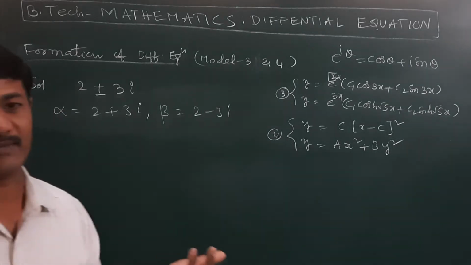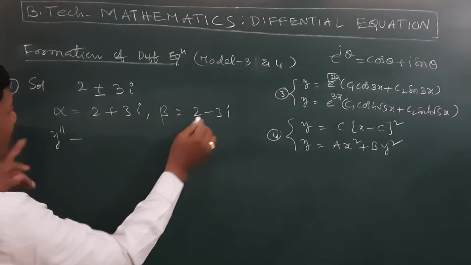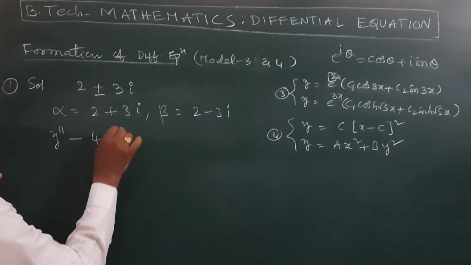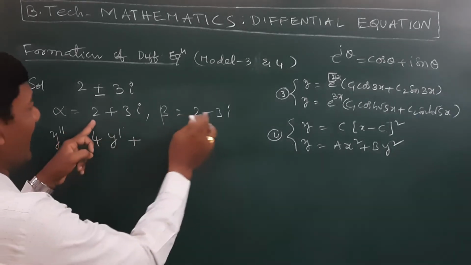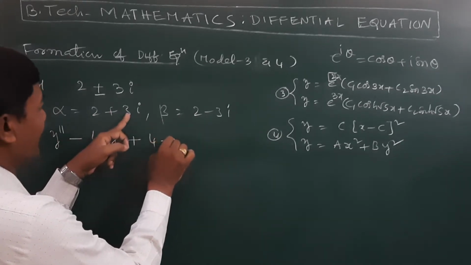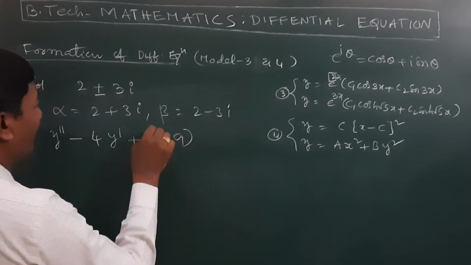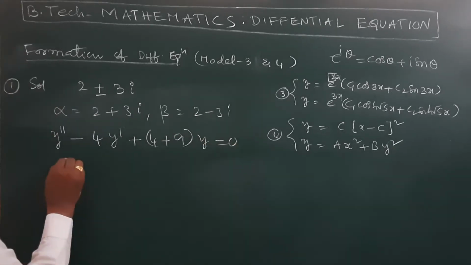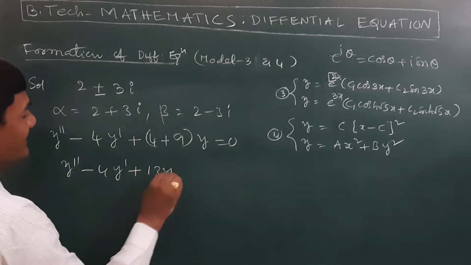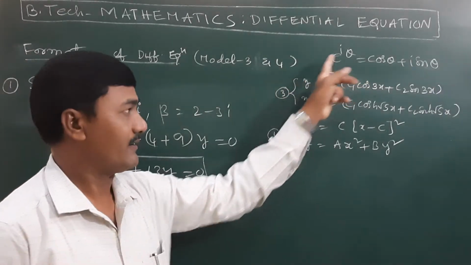So the differential equation formed is y double dash minus (alpha plus beta) y dash plus alpha beta y. Alpha plus beta: the plus 3i and minus 3i cancel, 2 plus 2 is 4. So 4 into y dash, plus alpha beta, that is (a plus b)(a minus b), which is a square minus b square: 4 plus 9, since i square is minus 1, so 13 y is equal to 0. That is y double dash minus 4y dash plus 13y is equal to 0, the required differential equation for this one. For the second one,